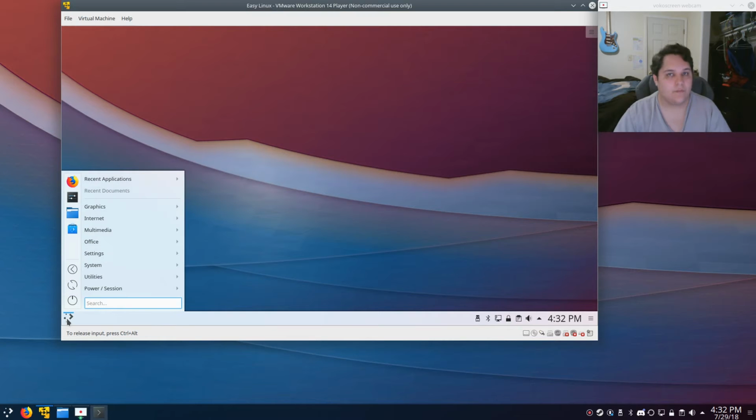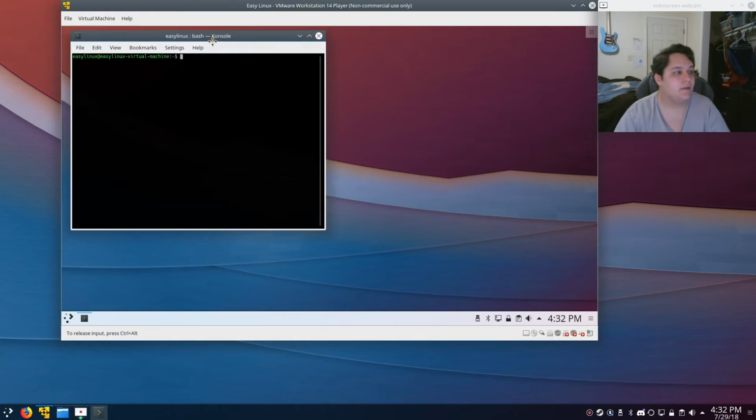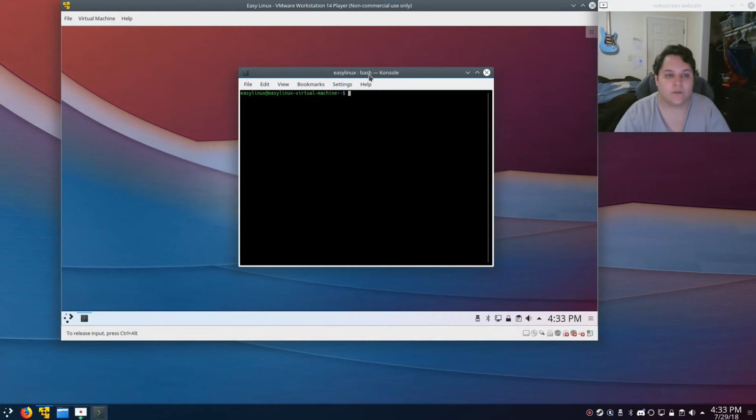I feel as though this would be the simplest and easiest way, because every operating system, if you decide to branch off from KDE, has different things. So in your applications menu, type console and then press enter. As you can see, this one's a little bit different from my actual desktop because I'm in the virtual machine now. So you can type in sudo apt install. This command basically says, hey, I want you to install this program on my computer. So we're going to install